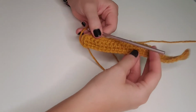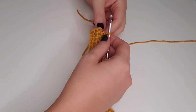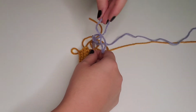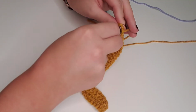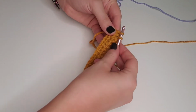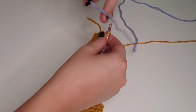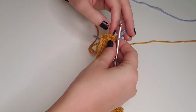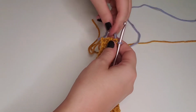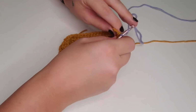Here we are at the end of row 3. I have 1 stitch left, and we're going to transition to our jasmine color. So we're going to pull up a loop like we're going to single crochet, and when there's 2 loops on the hook, we're going to pull through those 2 with the new color. Pull tight on the loose end of the gold, and we're going to chain 1 with the new color and